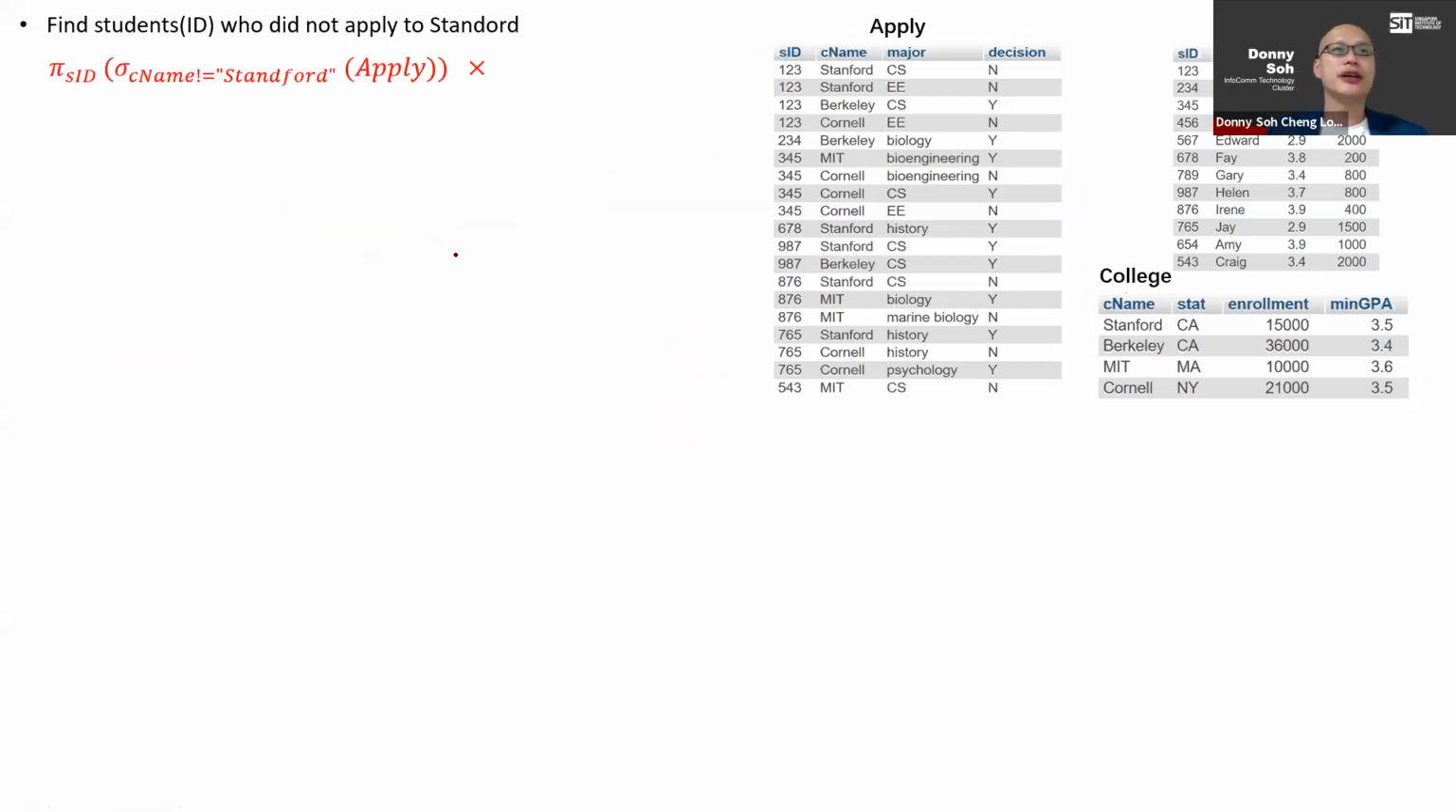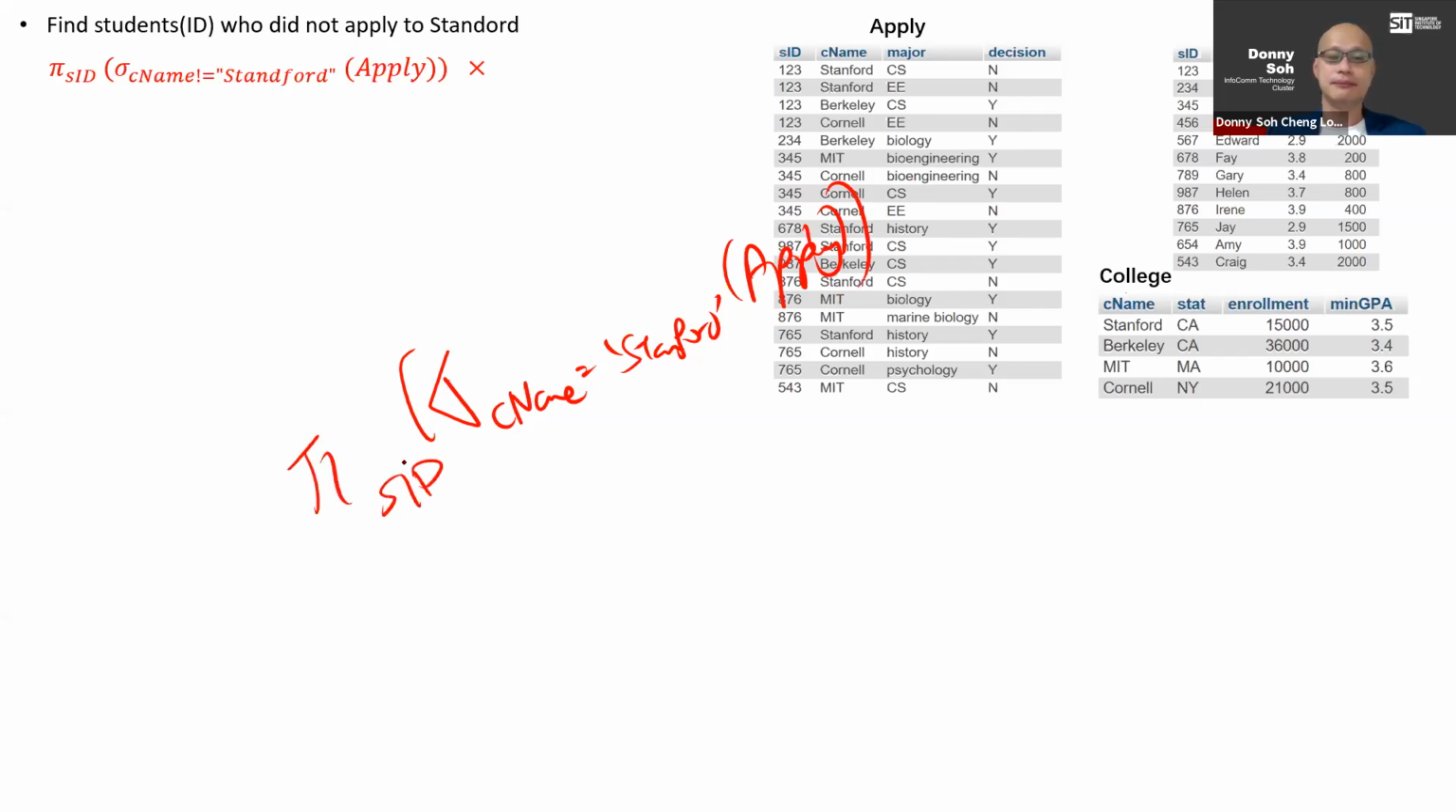managed? We would first have to find out who are the people that did apply to Stanford. So we do that by CNAME equals Stanford, apply, and I project out SID. So this will give me the SIDs that applied for Stanford, and then I want to project out only the SIDs from student, and I do a